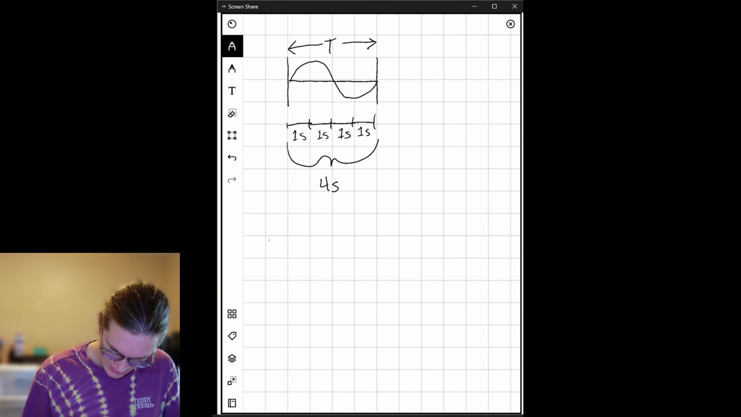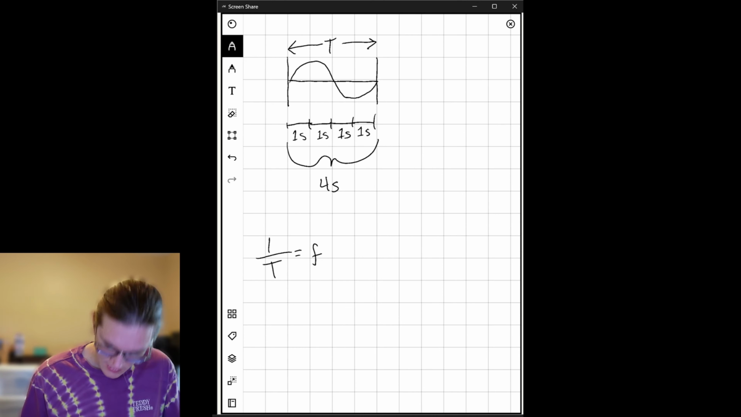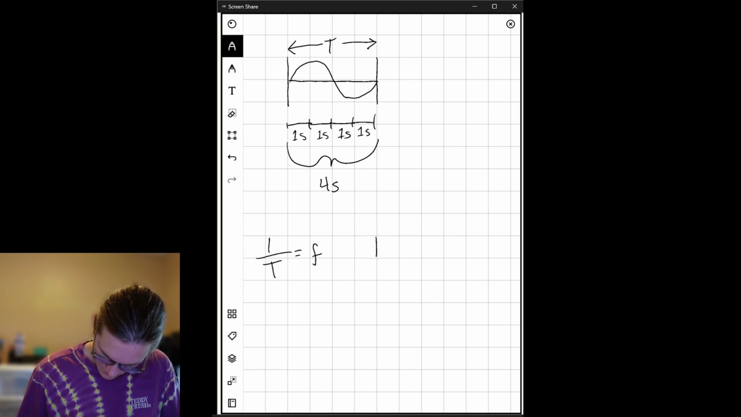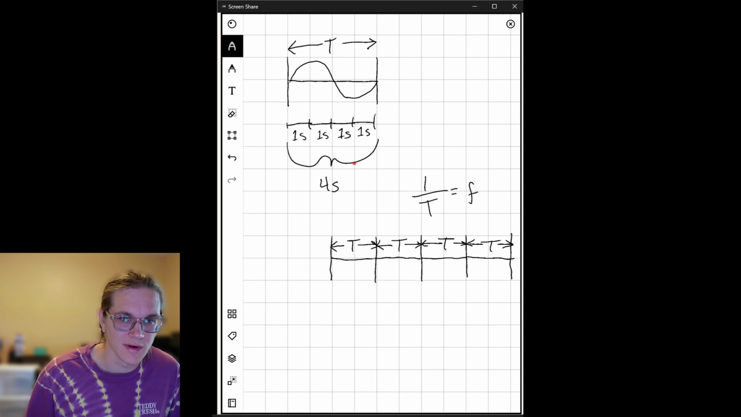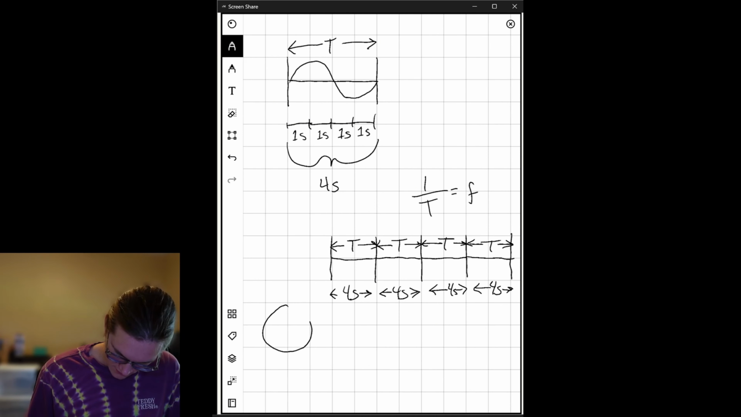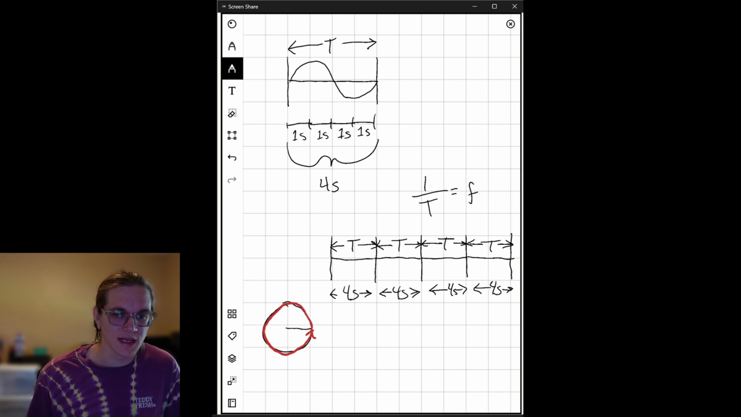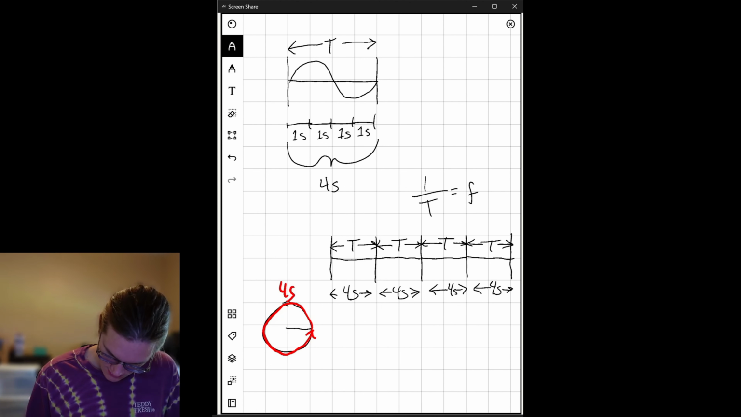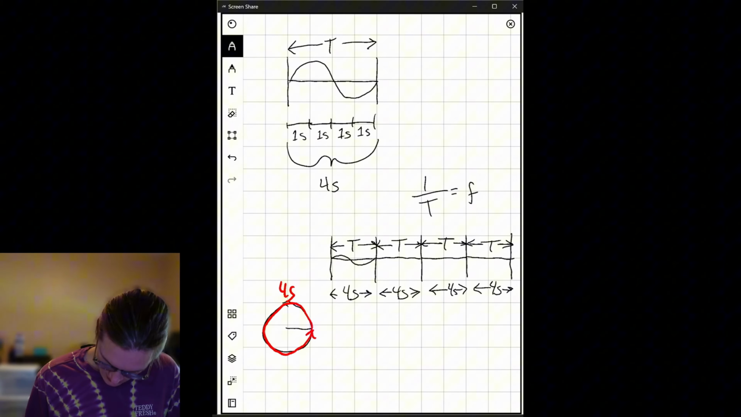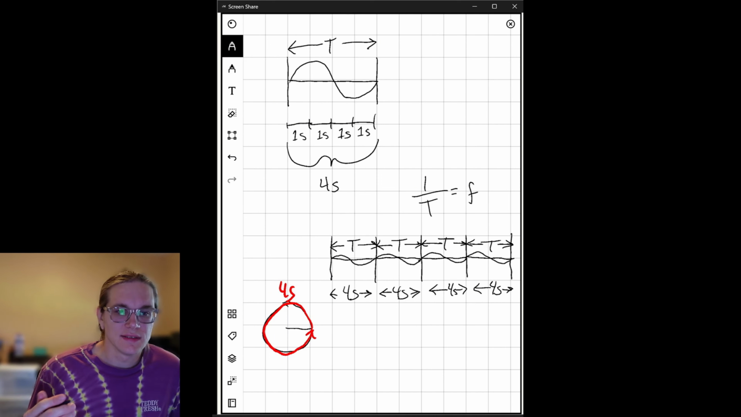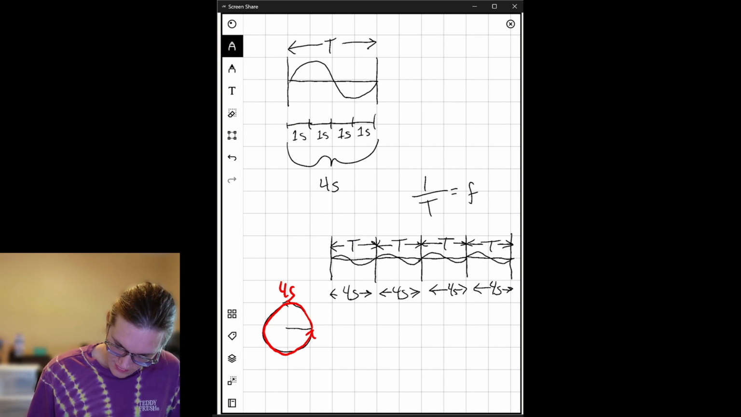Now, if we take the inverse of period, we get frequency. The way to think of that is, remember, one period is 4 seconds. If you go around this circle now, tick-tock, tick-tock, 4 seconds has occurred. It'll take 4 seconds to go around. So one period takes 4 seconds to occur, and then frequency, the way to say that in words would be,